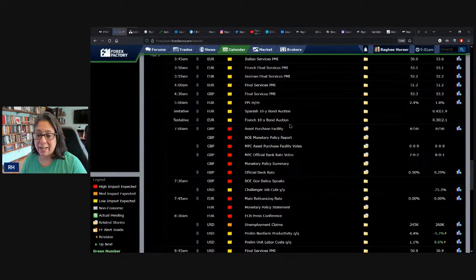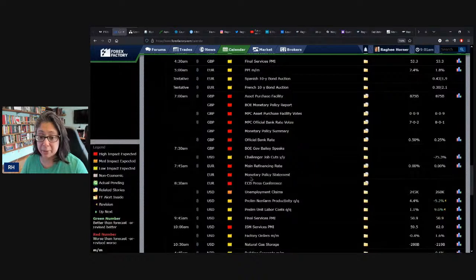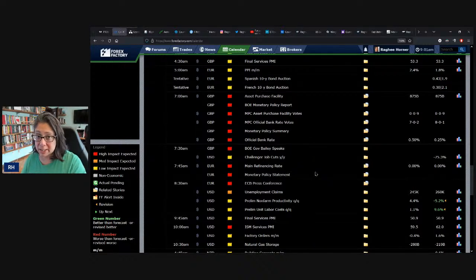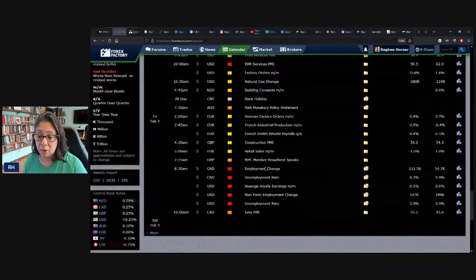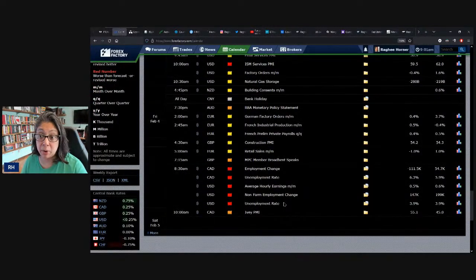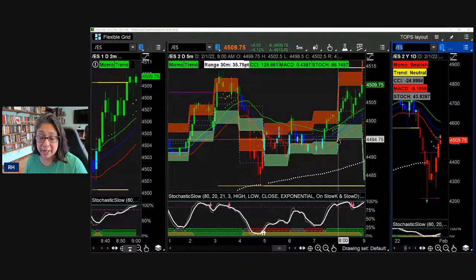Now, in between all that, it's easy to ignore sometimes that we have economic events from other countries. We have the Bank of England, though I'm usually a little bit more concerned about the ECB. We have that one too, and you'll see there's an ECB press conference. If you've been playing the dollar long, as I have, there's going to be euro volatility. That means dollar volatility. So if you've been waiting for a pullback, there you go. And if you take a look at the week, it all wraps up with the NFP on February 4th, so non-farm payroll. Keep an eye on that calendar, forexfactory.com.